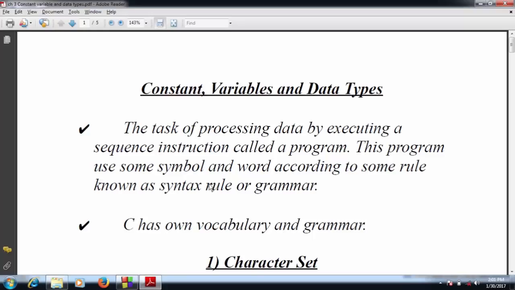Today we learn constant, variable and data type. So first, what is the use of this constant, variable and data type in our program? So first,